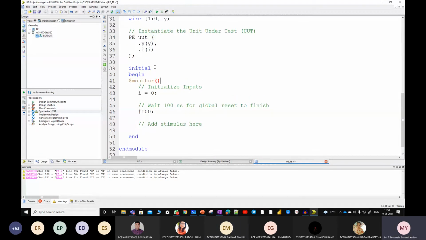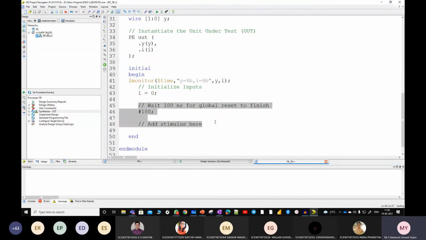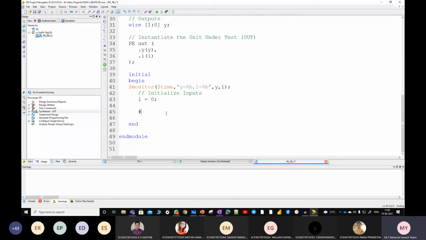Next $time, %b. Output Y is equal to %b, I is equal to %b. So Y and I. Okay, done. Next, test vectors. Tell me how to write.